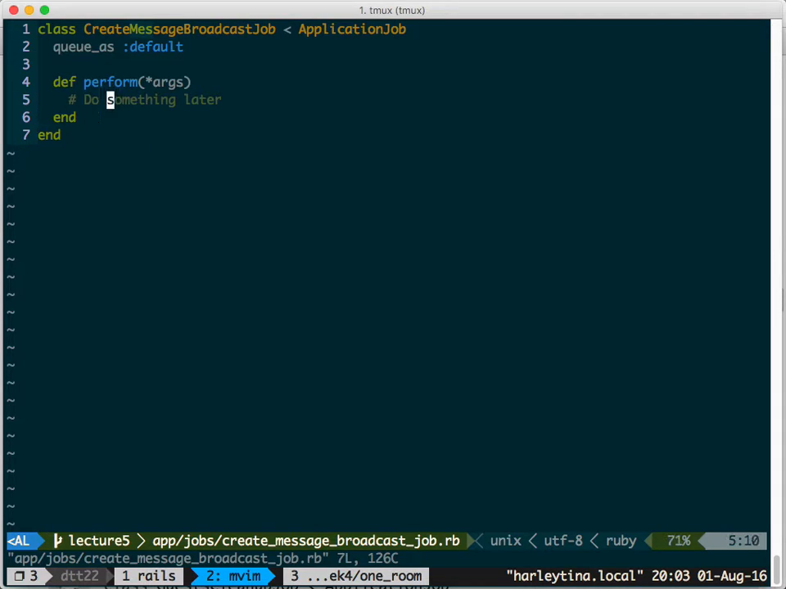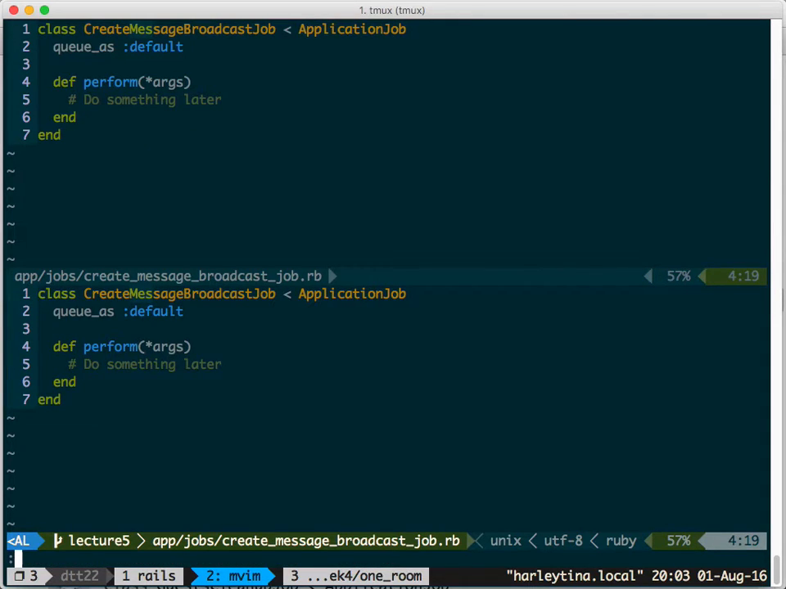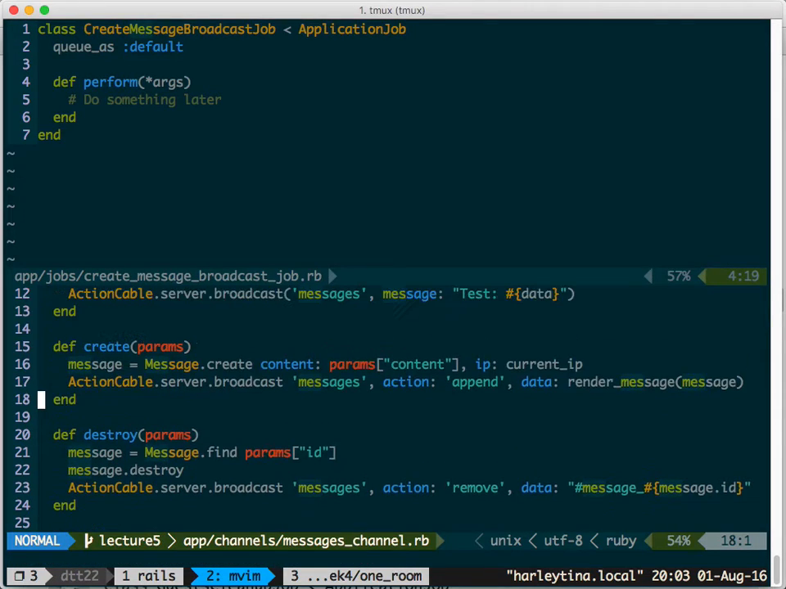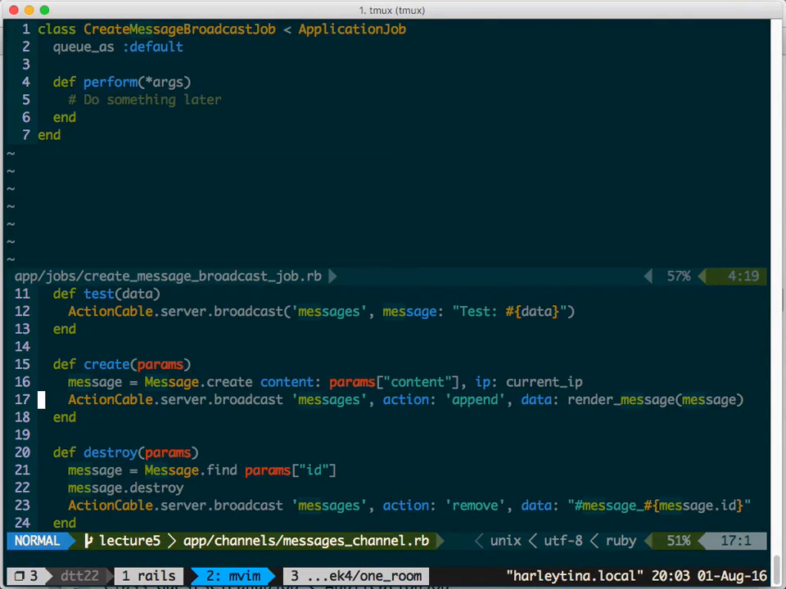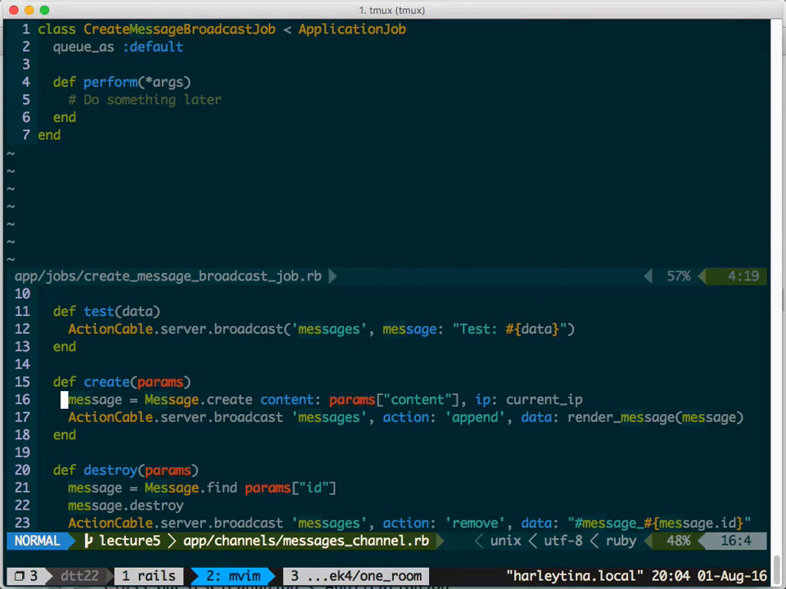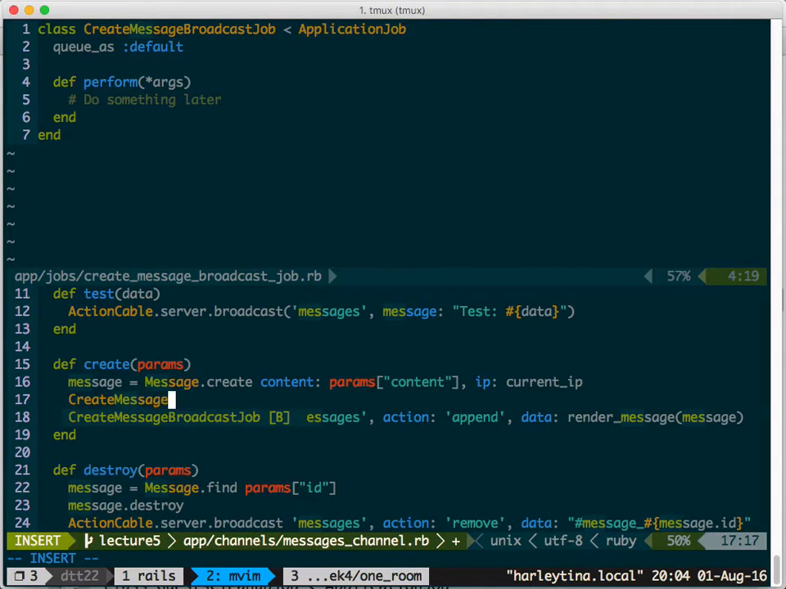Notice in Ruby, this is called a splat operator. You can pass in as many arguments as you want. So go back to my channel. This guy, create, imagine, oh my god, spamming 1,000 messages. This is going to be bad. So I call this CreateMessageBroadcastJob.perform_later. And so pass in the argument. So what argument do I need to pass? Maybe I pass in